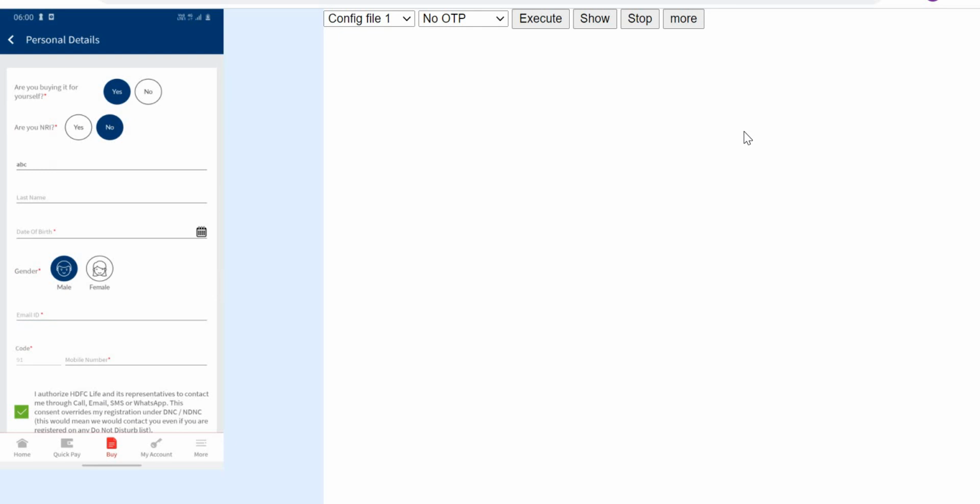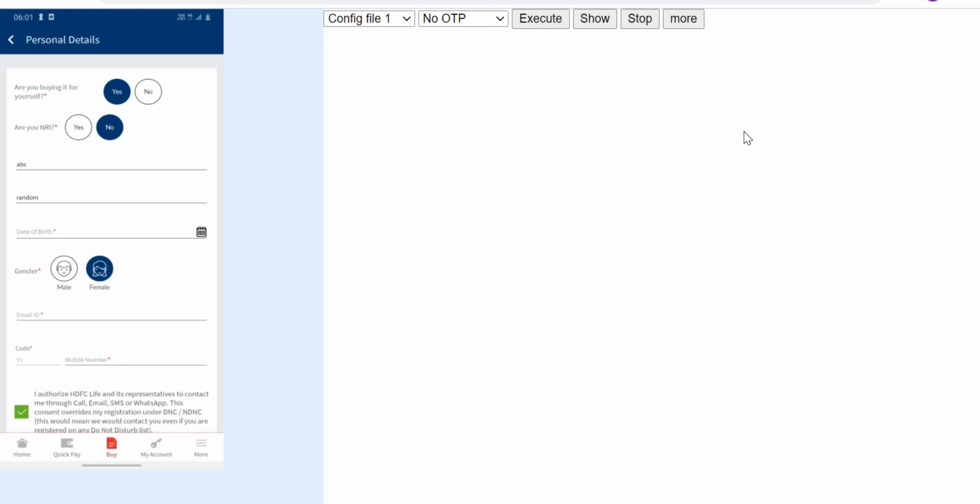Yeah, over here you can see, are you buying it for yourself and are you NRI? These are the two additional data which we need to actually assign. We'll get into this also, how to go about it. But rest of the information it was able to fill correctly, right? We'll use if-else statements to handle such cases wherein multiple test data are assigned, but in one of the flows, one or two additional things need to be handled. So how to go about doing that?